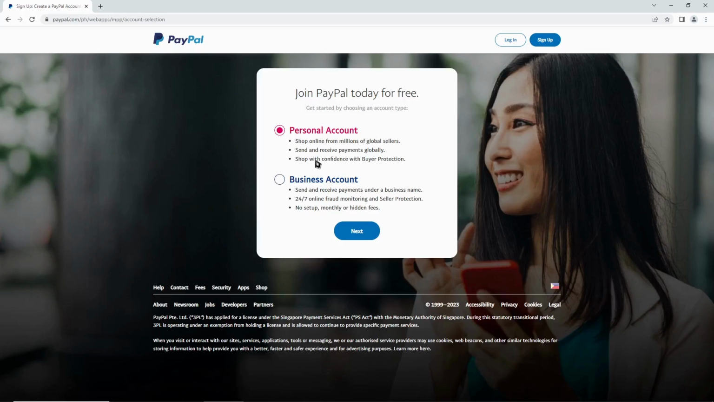And if you want a business account, then this is more for a corporation or LLC. If you have that, then you could go for a business account. You could have more payment options. You could connect it to other payment options, like Diners Club and other payment methods available for other platforms, so that you could connect your PayPal account and receive payments under your business name. It also has 24/7 online fraud monitoring and seller protection, which is really good, and no setup, monthly,